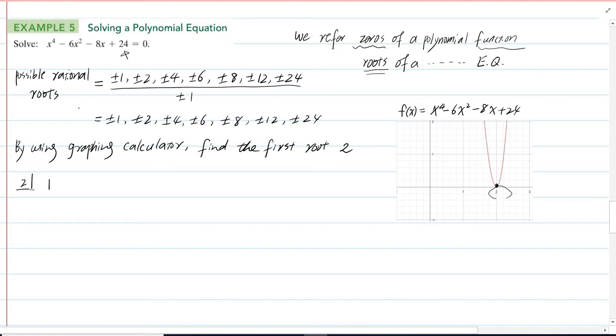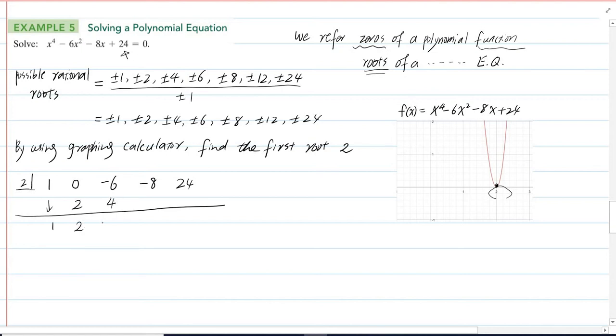Since we're missing x cubed, we use 0. That would be 1, 0, negative 6, negative 8, and 24. So we go ahead: we drop down the 1, then multiply by 2, add them, and that will be 2, and then